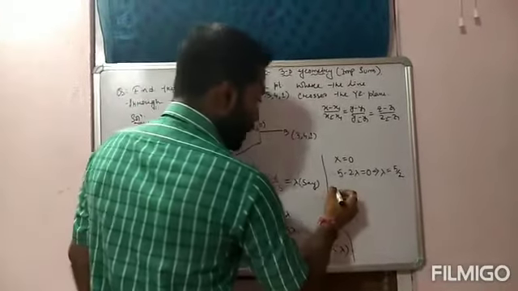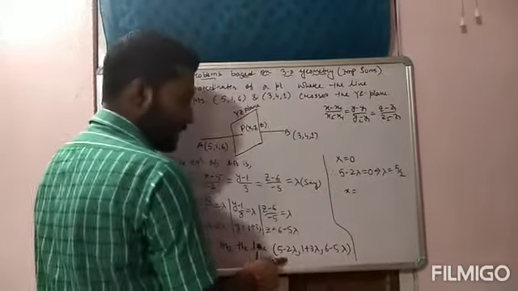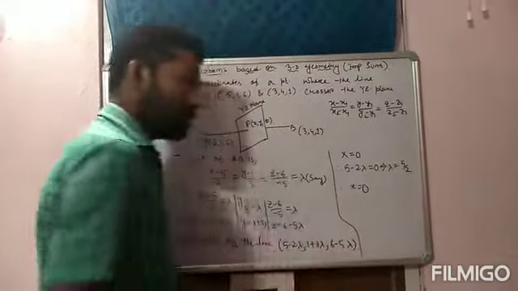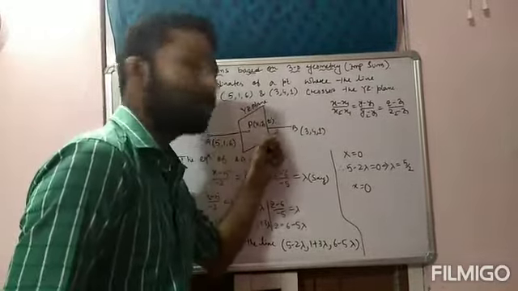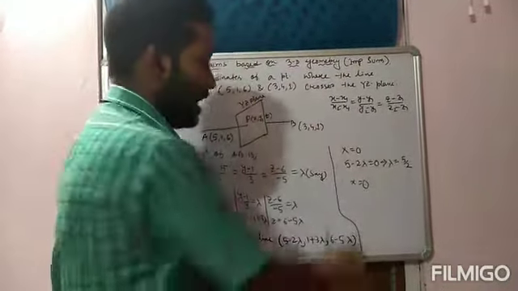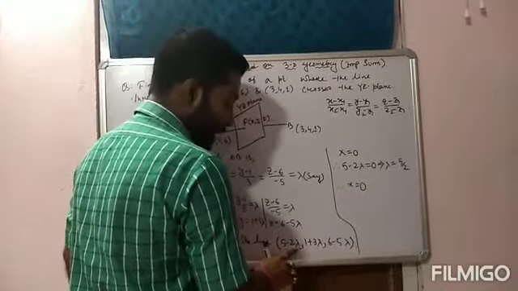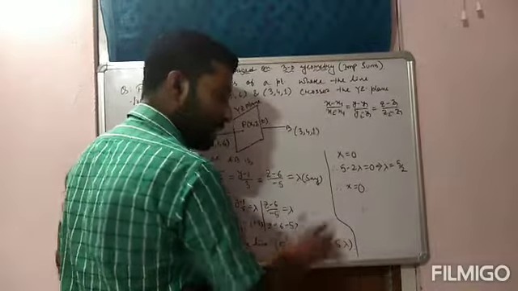Okay, so therefore x is equal to, x means this coordinate, it will be 0 only always, because the equation of the YZ plane, since the line crosses the YZ plane, of course the value of x should be 0 only. So x will be 0 only. You can check by putting the value of lambda 5 by 2. So the 2 will be cancelled, 5 minus 5 is lambda.